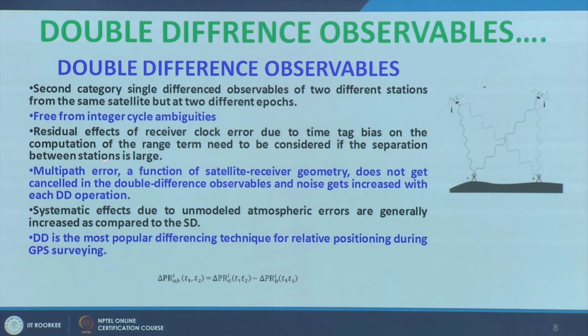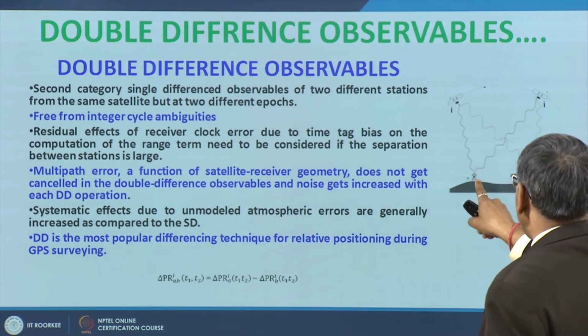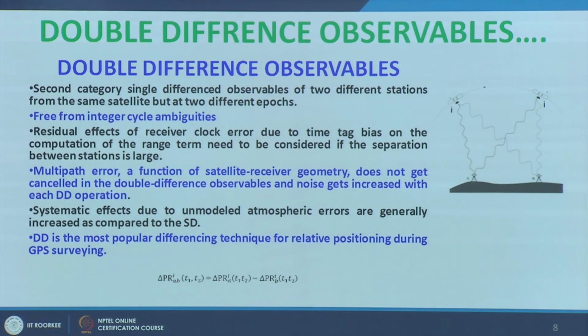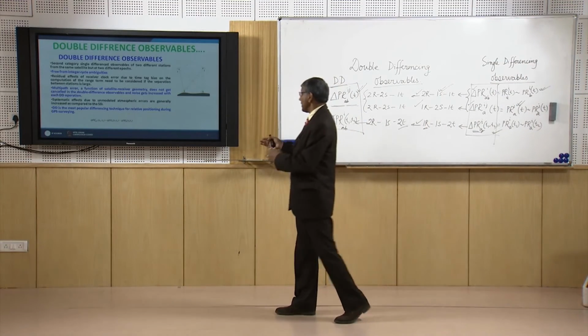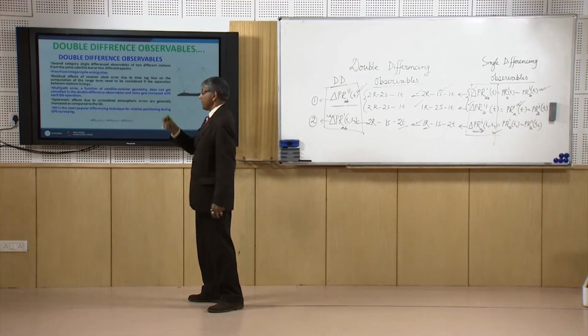The multipath error, which is a function of satellite and receiver geometry. Now you can see the satellite and receiver geometry will be different if I go from here to here, so it does not get cancelled in the double differencing observable. Noise gets increased with each double difference operation. So this is another thing which has to be marked, because the geometry will be changed, so the multipath error